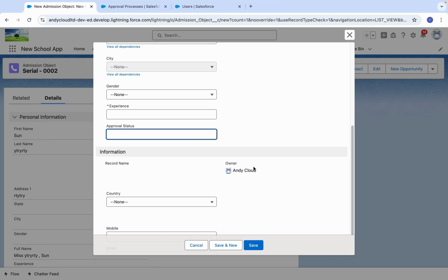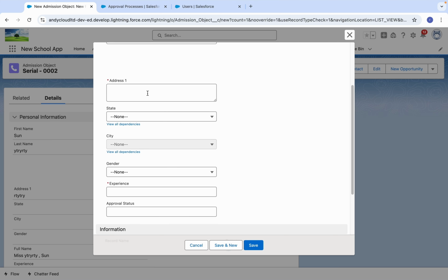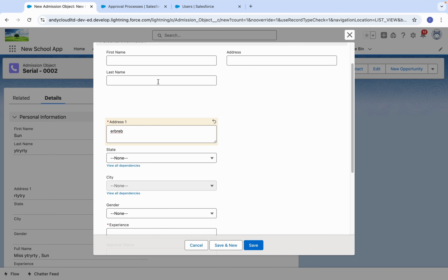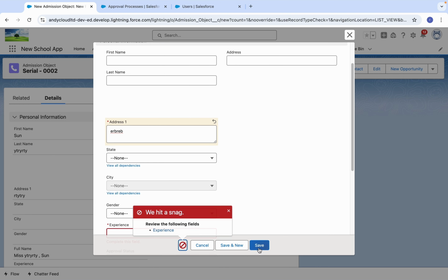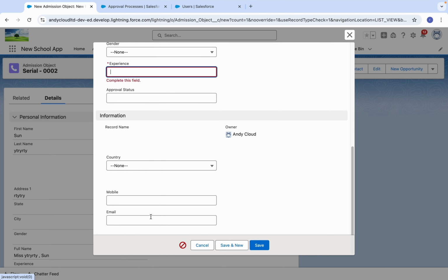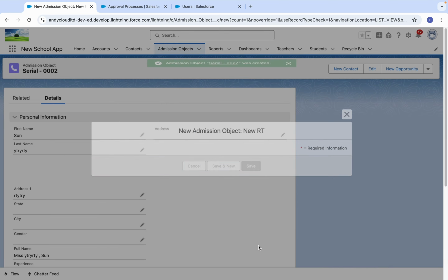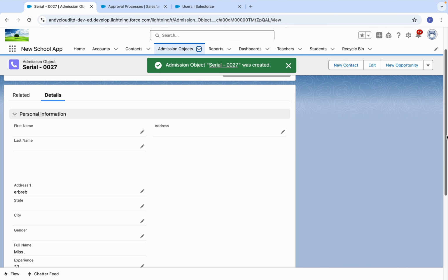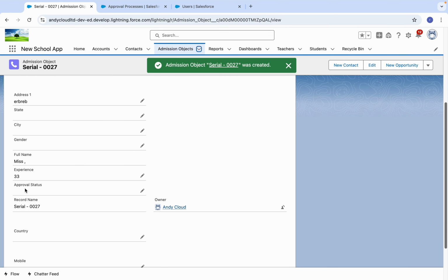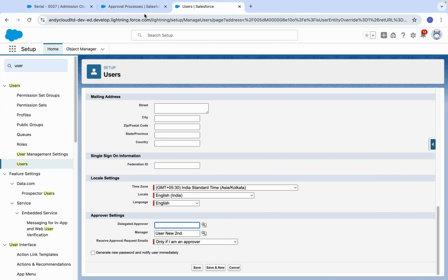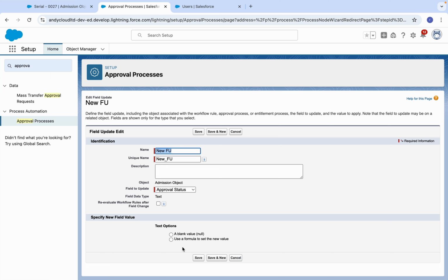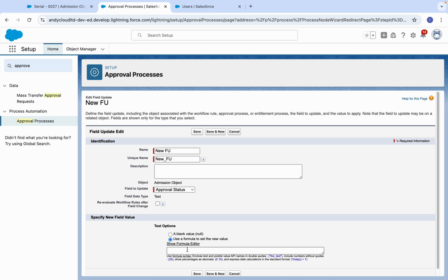Approval status. So there is an approval status field. This field will automatically change the status when the approval step happens.